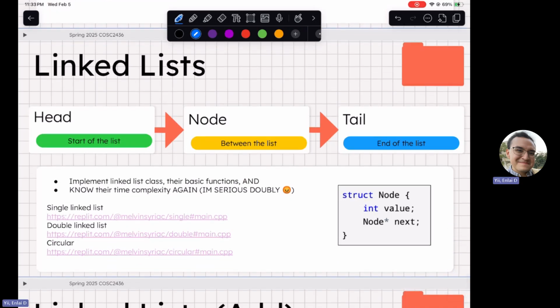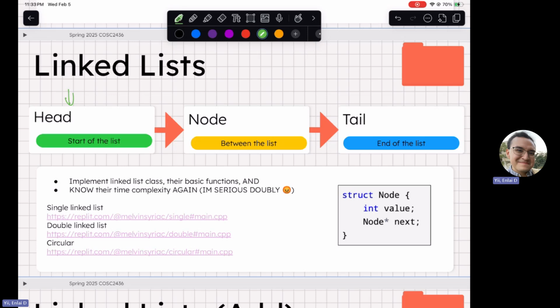So again, I recommend knowing how to implement a linked list class, their basic functions, and knowing what each function's time complexity is. Like when you're trying to add, delete, insert, print, checking if it's empty or not. Highly recommend. And so let's hold our horses and say, hey, what the hell is a linked list? That's okay. So a linked list, depending on how you structure it and define these classes, will consist of three things. The main thing we need to worry about is making sure we include a head,